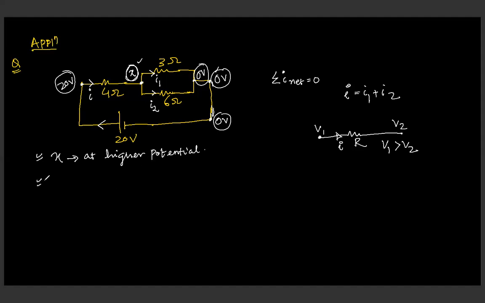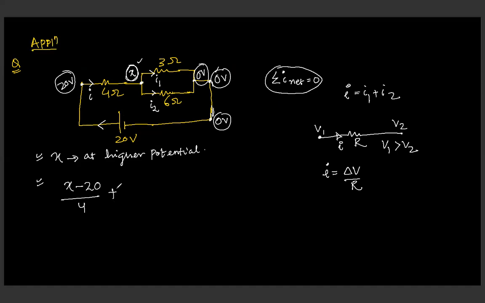So the second rule says that the net current at this junction should be equal to 0. How many branches are coming out of this? 1, 2 and 3, right? So we are assuming that all the currents go out from X, and when we add all of these, the result is equal to 0. And we know that current is equal to the potential difference divided by the resistance connected between these two points. So as we are taking this point as X and 20, I'm going to write (X minus 20) divided by 4 plus the net current should be equal to 0.